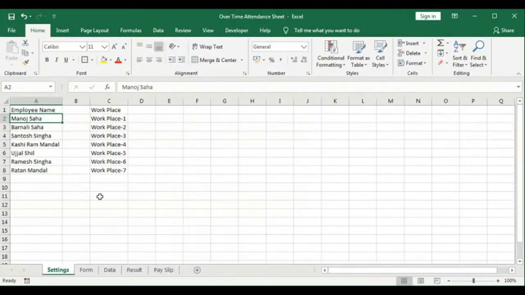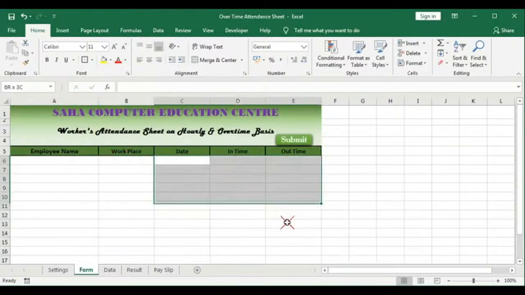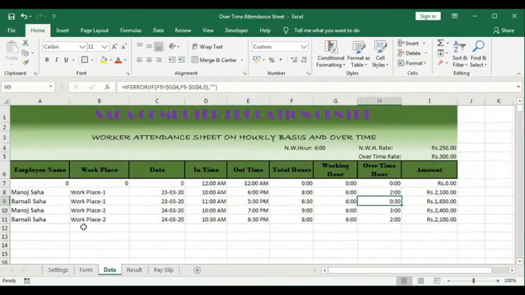Let's do a little recap. First you have to create the employee list and workplace list. After that you have to create a form. There you have to do data validation for drop down list for workplace and employee name, and you don't have to do anything here. And you have to create a submit button and create a macro to transfer the data from here to this data sheet. And here you have to give the formulas for total working hour,